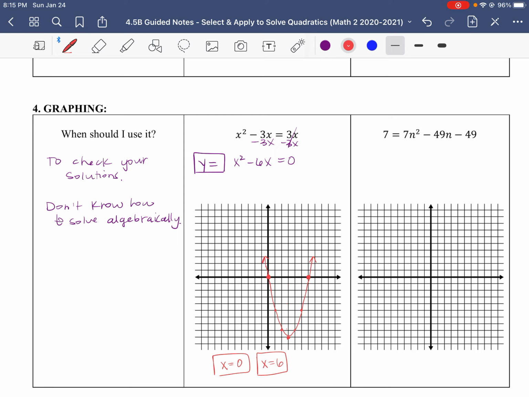Again, the homework is going to ask you to use a few of each of these methods and then let you choose. So